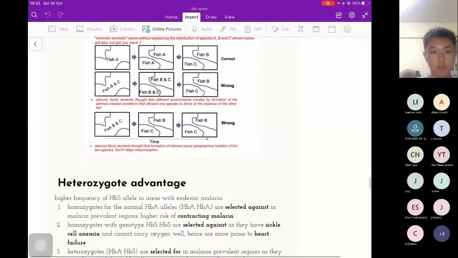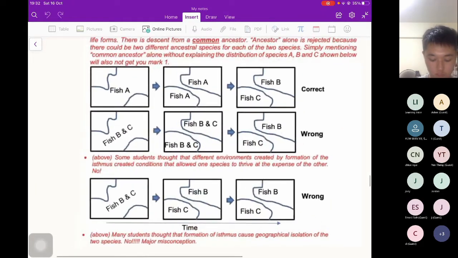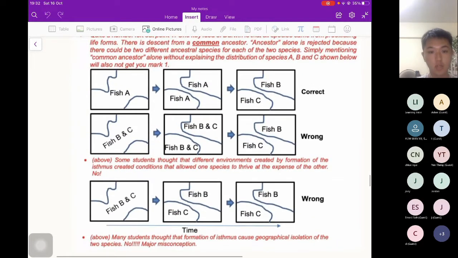Yeah, this diagram is not that good, but okay. If you want to see, look at the first row. Fish A occupied the entire area between the two blue lines. Then, after they have been separated by the barrier in the second box, they form fish B and fish C. This is the correct idea of how to answer a biogeography question, or how two different fish species